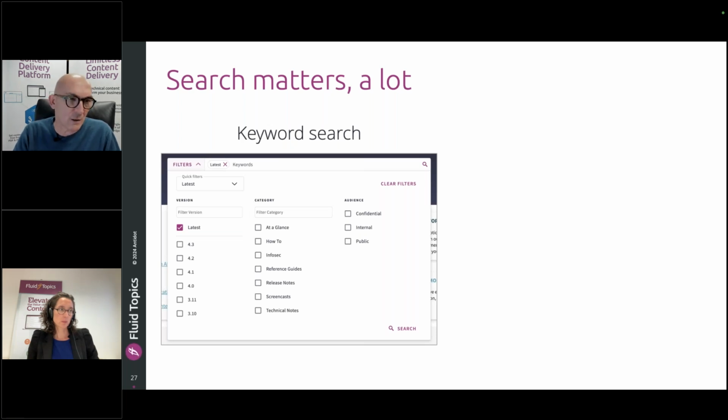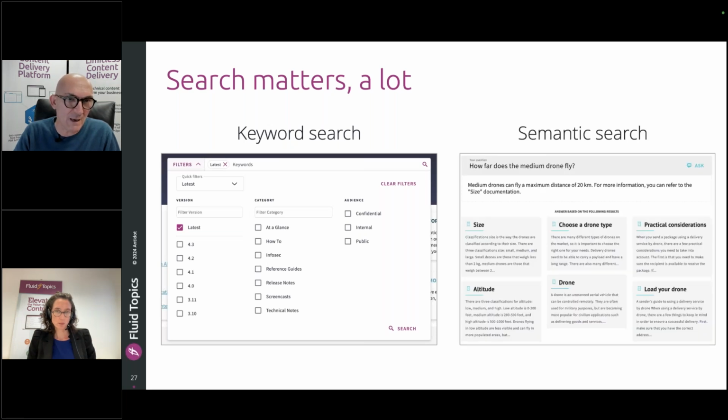And talking about search, it used to be keyword search until recently, but now you have to take into account and ask about semantic search, which is the search capability for replying to natural language questions. Like you see here, how far does this drone fly? It's not a keyword search, and it's not just bringing back documents, but replying to questions. So it's part of that.